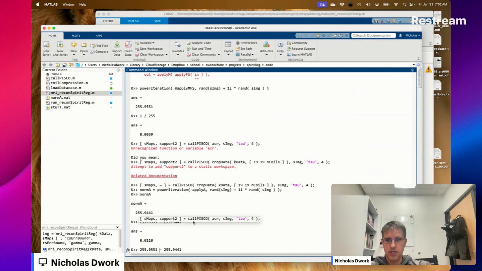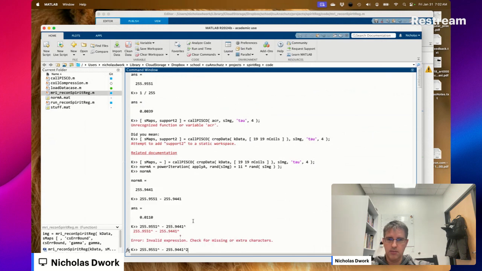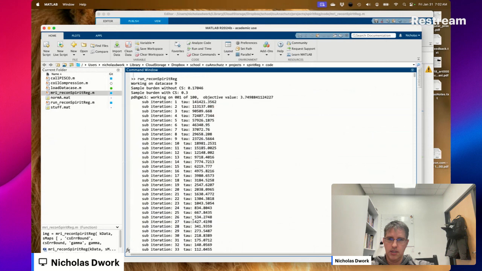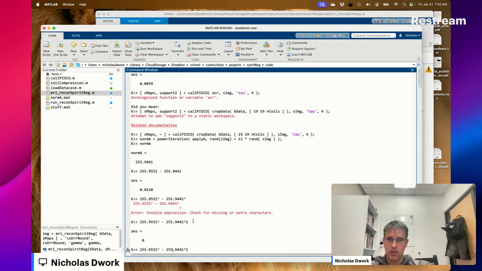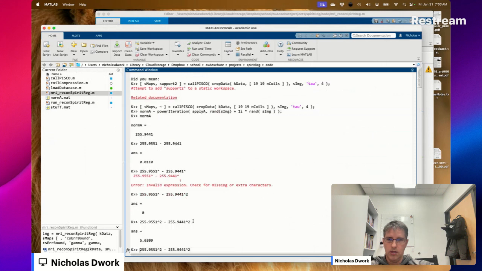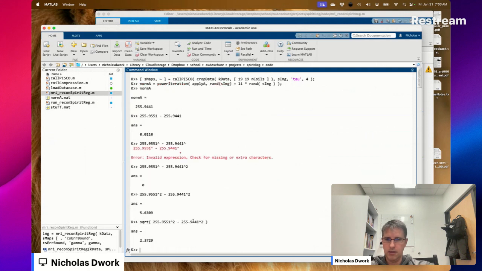If we square those things, if we square root that, so this is the difference in the largest singular values, 0.01.